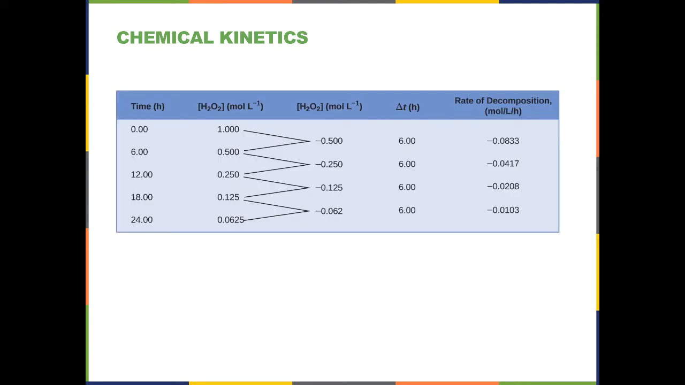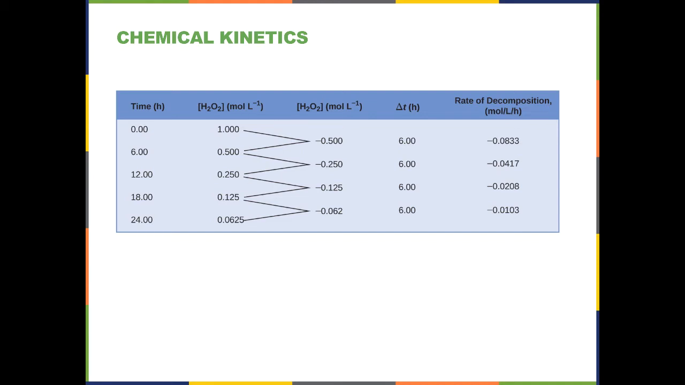And so when you have a chemical reaction occurring, and in this case, we're talking about the decomposition of hydrogen peroxide, you start at time 0 with a certain concentration of peroxide. And then over a period of 6 hours, you lose 0.5, or half, of the amount of peroxide. So at time 6, you have 0.5 moles per liter. And if you look at this in terms of moles per liter per hour, it's